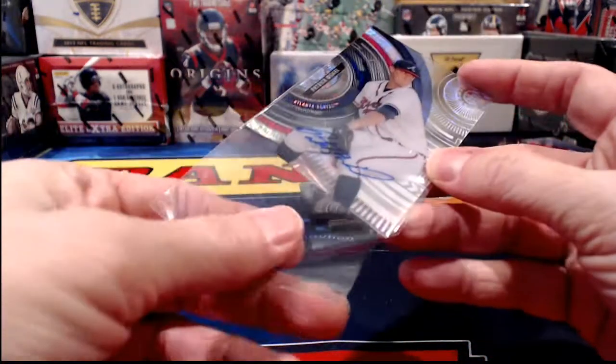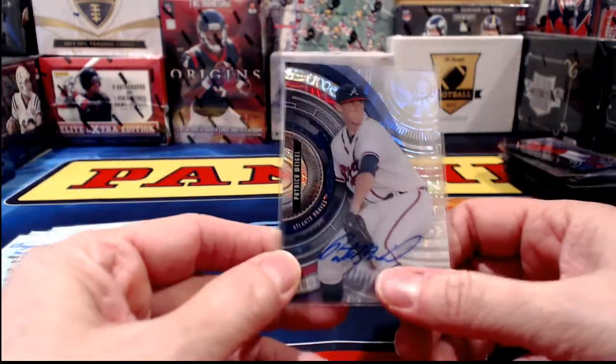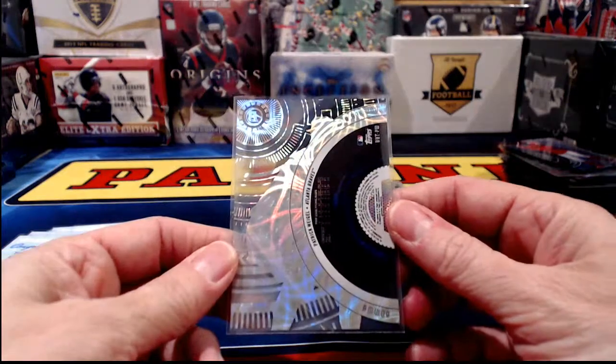Well, what's going on with that sleeve? It's all bent and weird. The sleeve itself. Huh, that's weird. So that bend is, of course, in the sleeve. You just saw that. That's not on the card, but...